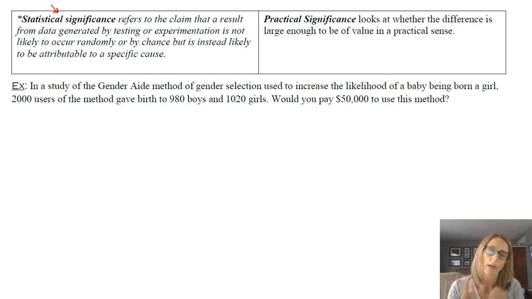And there's a big difference between that and practical significance. One of the examples that I might give would be if you were to do a weight loss program, and over time it was found that people that did this program typically lost 5 pounds over the course of 2 months. And this program costs money. You might think, okay, statistically speaking, people lose weight on this program. If they do some sort of data collection and look at it, people lose weight, on average 5 pounds over the course of 2 months.